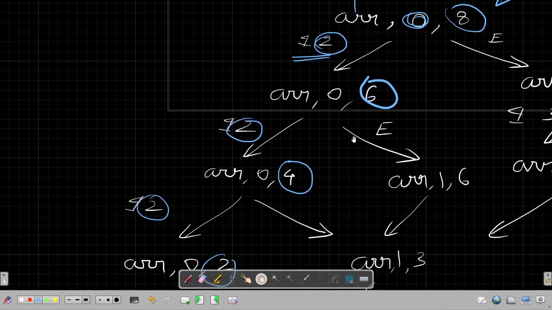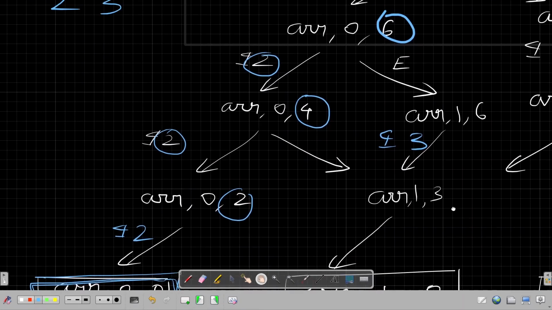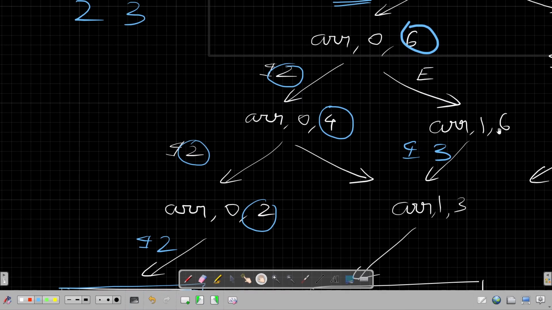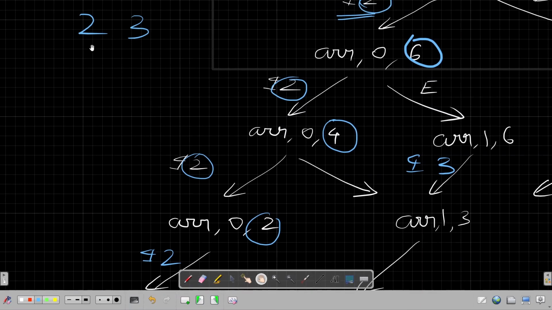Here is another valid combination, like including 2 and then excluding it, and the element at index 1 is 3. So I am including 3 here. If I include 3, then the value of target would be 8 minus 2 minus 3, right? 8 minus 2 is 6, minus 3 is 3.